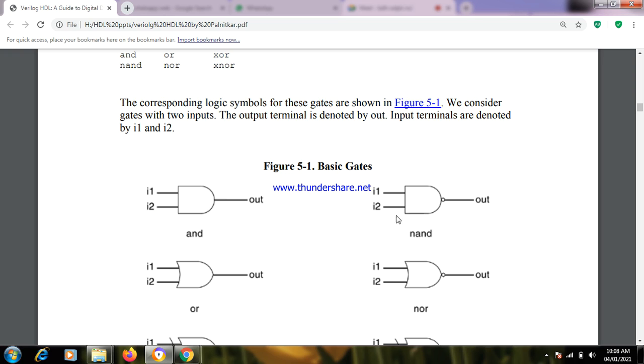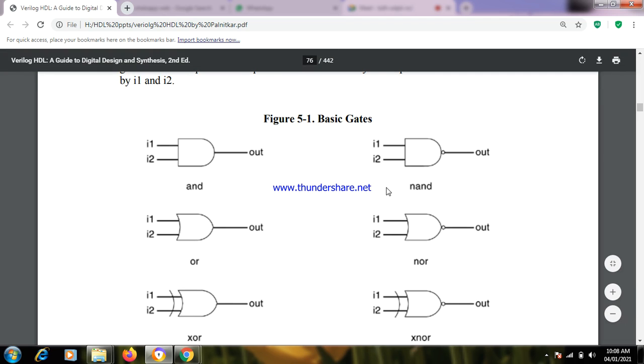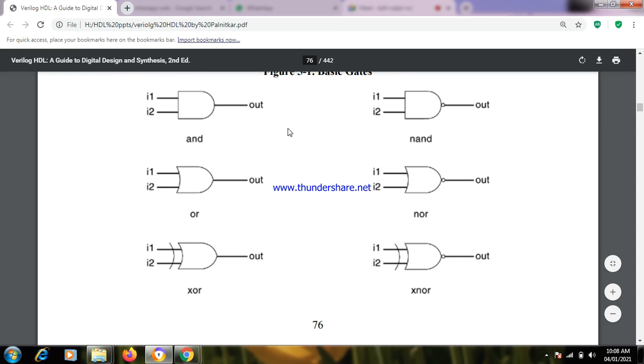out is the output. Again, this is a 2 input NAND gate, I1 and I2 are inputs and out is the output. What you can conclude by looking at these logic diagrams is, in all the gates the inputs are I1, I2 if it is a 2 input AND gate. If it is a 3 input AND gate, we can take inputs as I1, I2 and I3, right? And in all these gates, the output is considered as OUT. Clear? This is with respect to 2 input AND, NAND, OR, NOR, XOR and XNOR,